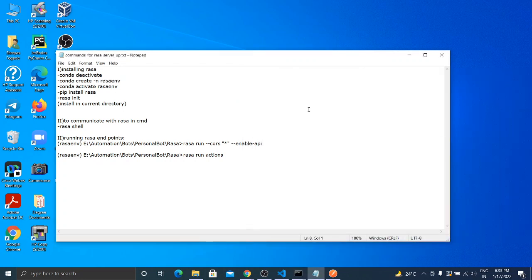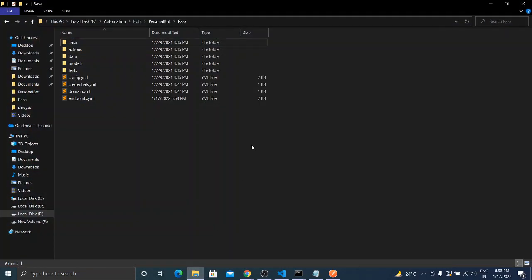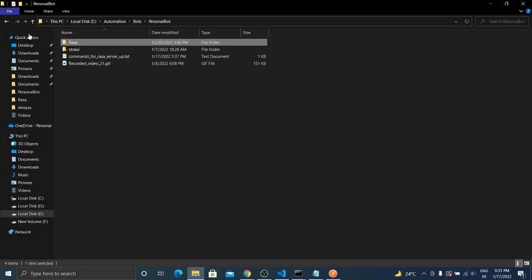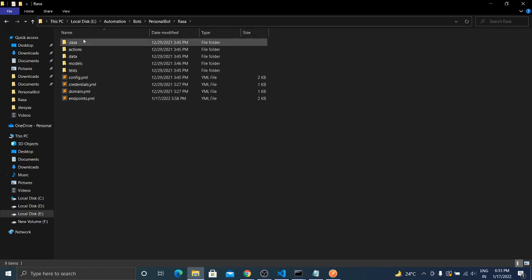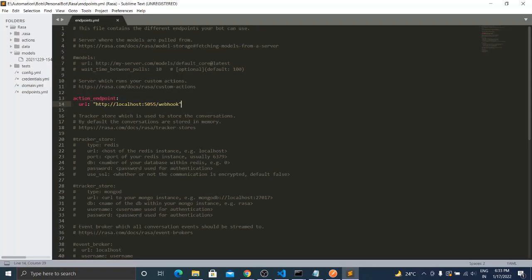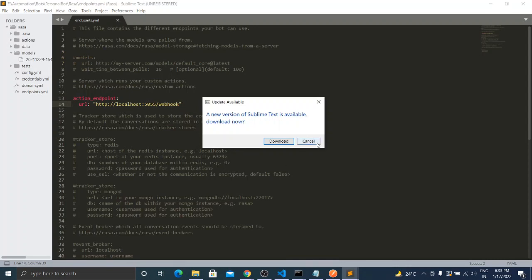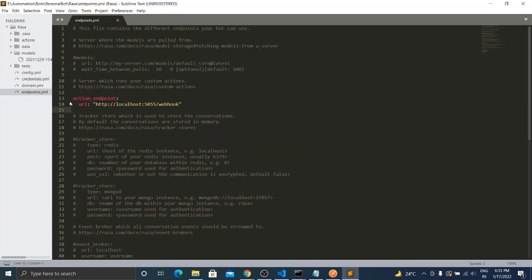Now I will tell you some important points that we will need to connect it to the React framework. When you complete the installation, a folder will be created in this way where you can find one file known as endpoints.yml. Open it and please uncomment these two lines, the action endpoint.